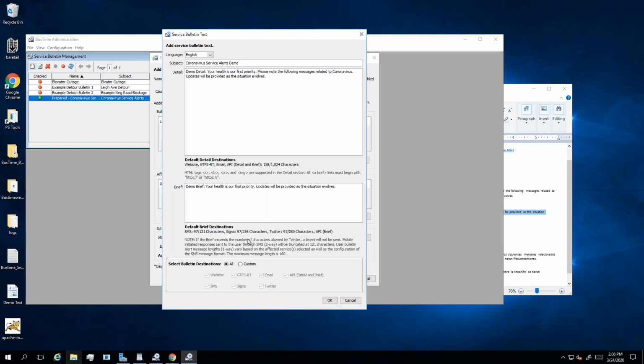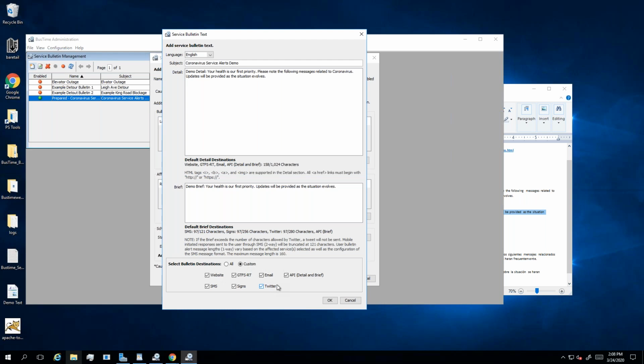Finally, it should be noted that with our 6.6 software version, any kind of unique combination of available destinations for the service bulletin can be configured. So here we have website, GTFS RT, email, our API, SMS, signs, and Twitter, all specified as destinations for this service bulletin.